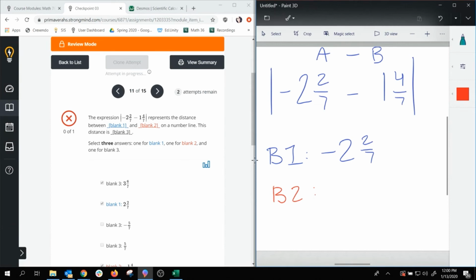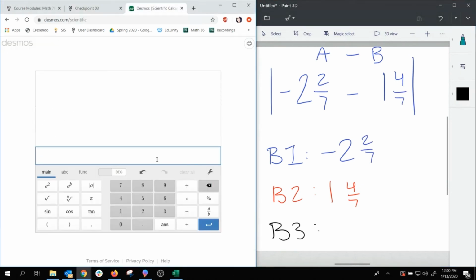1 and 4/7. Beautiful. So now the next thing for blank 3, all we have to do is actually find the distance between the 2 points. So I'm just going to type it into a calculator. And again, remember to do the mixed numbers, you just put a space. So I'm going to put a space after 2. I have 2/7. I am subtracting 1. I'm going to put a space, 4/7. And it tells me that it is